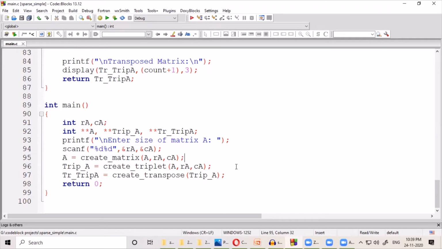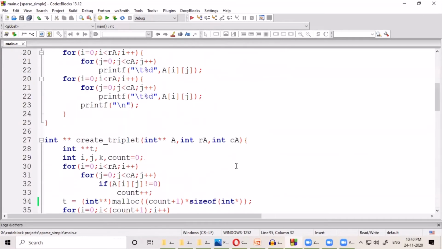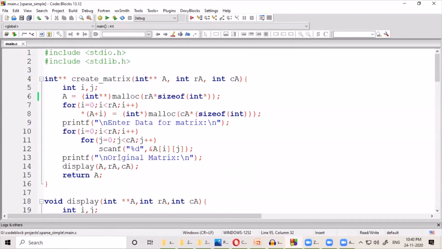Moving over to the body of the create matrix function. This is the body of the create matrix function. Here, these statements are responsible for creating an array of size RA cross CA. And if you are not comfortable with creating arrays dynamically, please follow the link that is given in the top right corner of the screen.